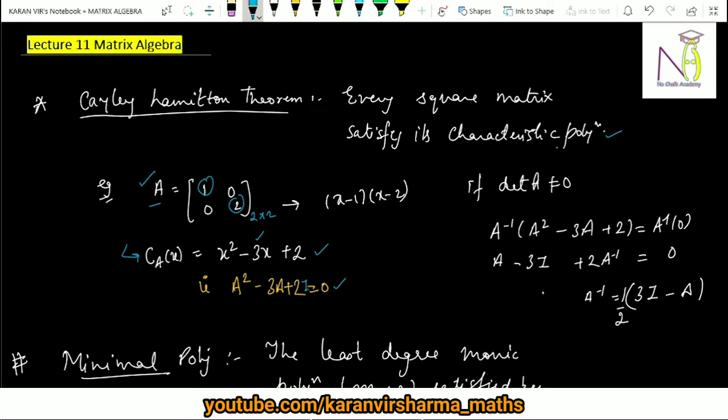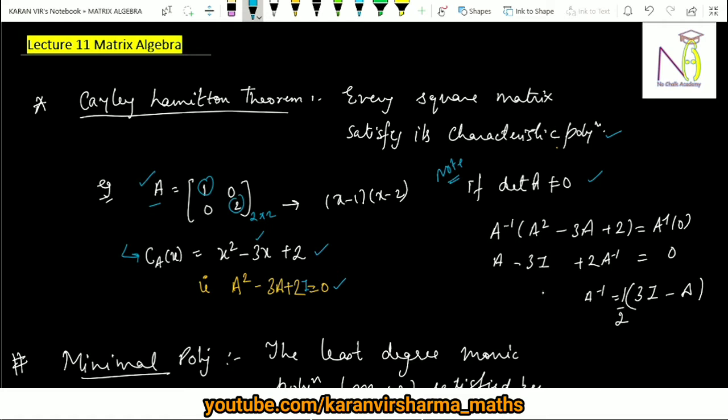Now if the determinant of A is non-zero, you can apply A inverse on both sides. What we are trying to do is calculate the expression for A inverse. Actually the Cayley-Hamilton theorem plays a very important role from an objective point of view, because sometimes we are asked to find the inverse and we are given many expressions. So what we need to do in such a question is, step 1, find the characteristic polynomial. Step 2, write down the statement of Cayley-Hamilton theorem, and step 3, if the determinant is non-zero, just apply A inverse on both sides.